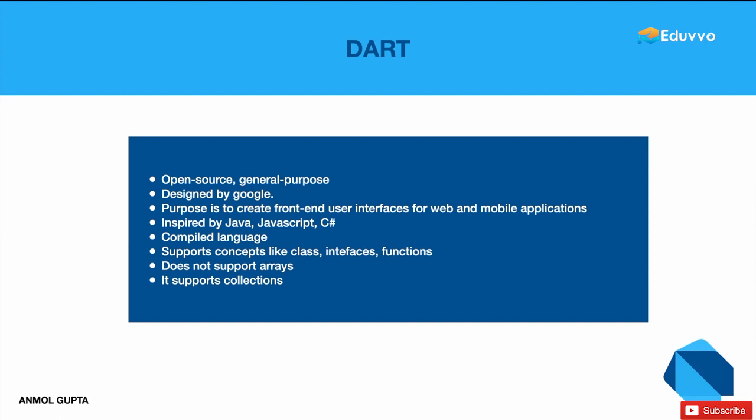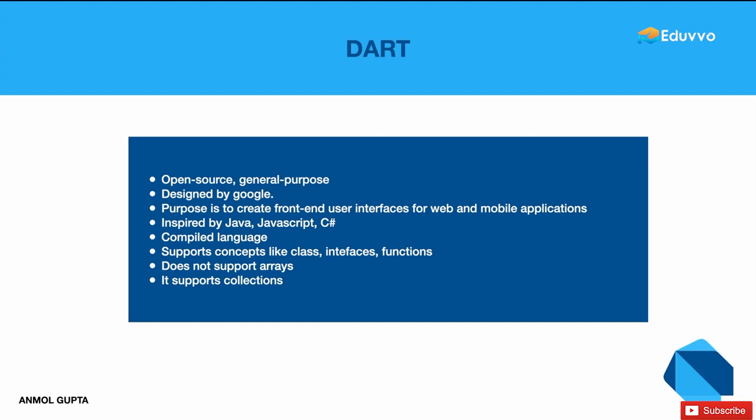Just like other object-oriented programming languages, Dart supports classes, interfaces and functions, and Dart does not support arrays. If you have a little experience with other programming languages, you might have heard of arrays. In Dart, instead, it supports collections which replicate data structures such as arrays, generics, and optional typing. So this was a small introduction to what the Dart programming language is, and now let's see the official source of